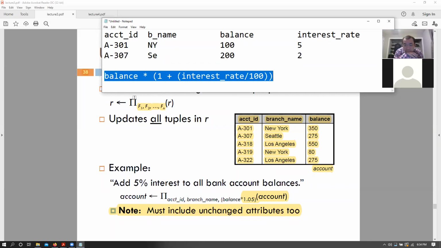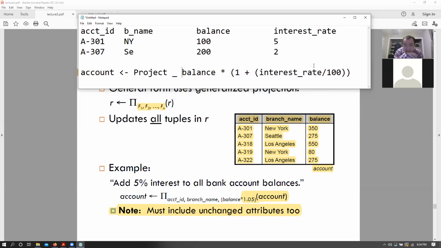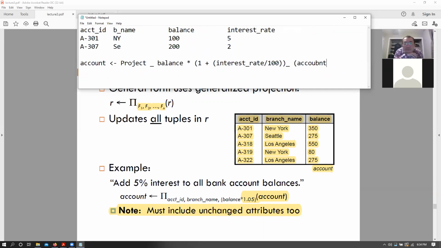But note that we just can't say that account is basically project with this predicate, right? So I'm just going to type out the predicate like this with respect to account, right? I should have brought out Notepad or MS Word, but essentially we can't just say project this back to account.